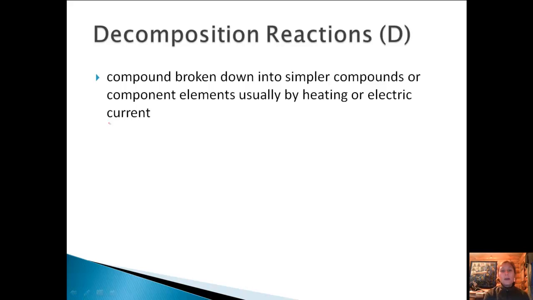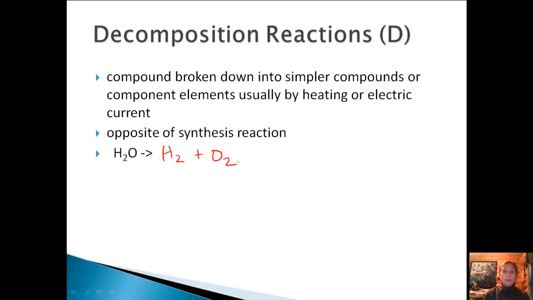Basically, we're taking a compound and breaking it down into simpler compounds or component elements, and this is usually done through heating or passing electric current through something. It's kind of hard to break things apart. And again, it's the opposite of a synthesis reaction. So if we have H2O, we're just going to go the opposite direction, H2 plus O2, and this happens through